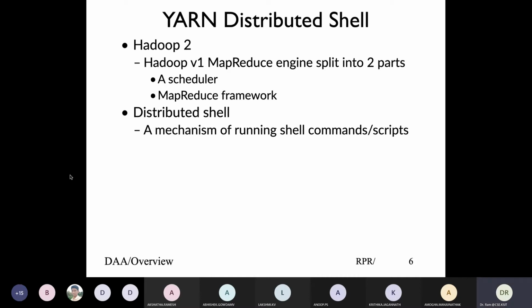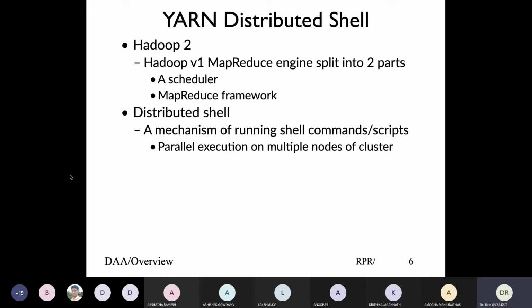and then do my distributed shell, meaning I have a shell component which runs on every machine, and then whatever command I give, the same command I should be able to run on all other nodes or whichever chosen nodes. And there is no MapReduce framework, no aggregation. We are simply using the distributed computing platform given by Hadoop to run our command.